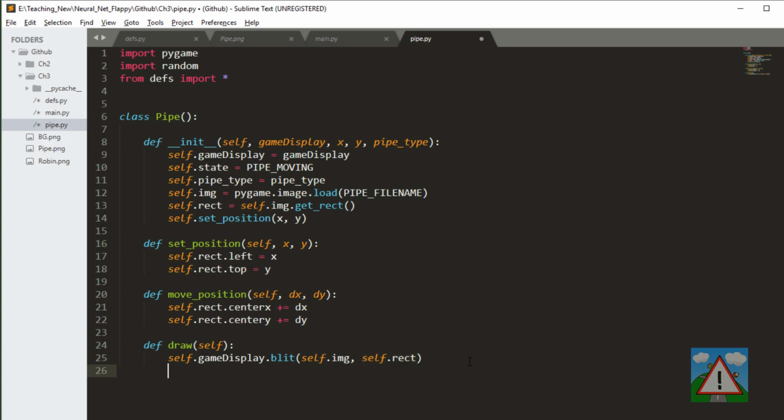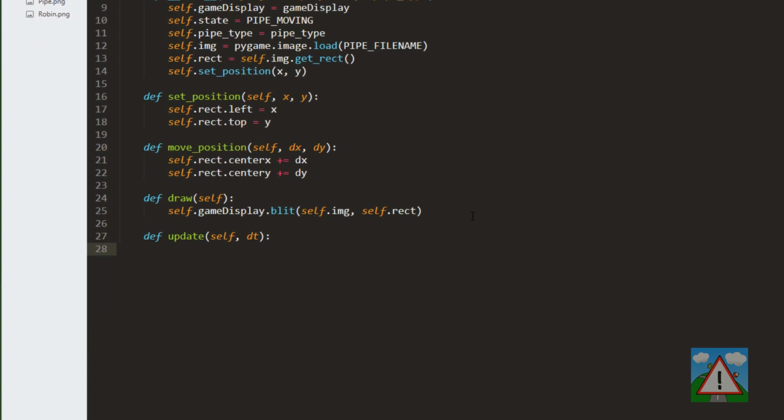So we'll call this update, and as an argument here we take the delta time so we can update things. The first thing we want to know is, is the pipe actually moving or is it done? So if our state is equal to pipe moving,